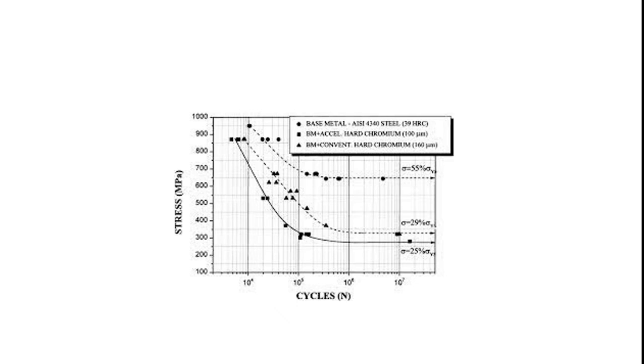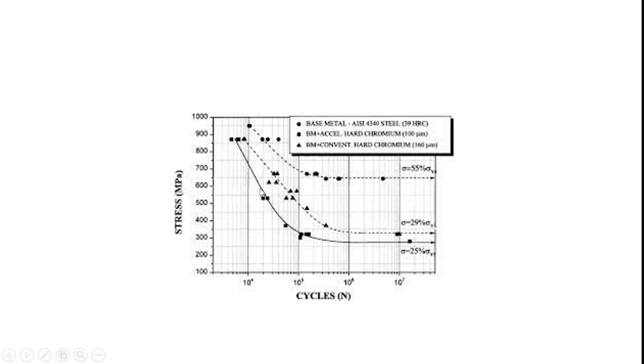The fatigue strength of the material must be reported for a given number of cycles, as well as the stress ratio for the test and the stress concentration factor if the specimen contains a notch. For steels, the curve breaks off and becomes essentially horizontal at some stress level called the fatigue limit.